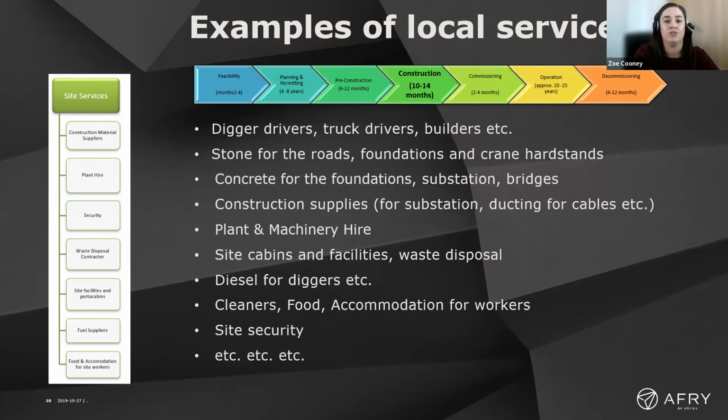Materials such as stone for the foundations, roads and crane hard stands, that's all tried to be sourced locally as well. Concrete for any of the foundations, the substation foundation and any bridges that are constructed, any other supplies, any hire of machinery and plant. Generally there'll be a site compound for each contractor, so they have to rent out the site cabin and facilities, waste disposal, skips, diesel for all the machinery, cleaners always come to the compound, any food for the people working on site, so